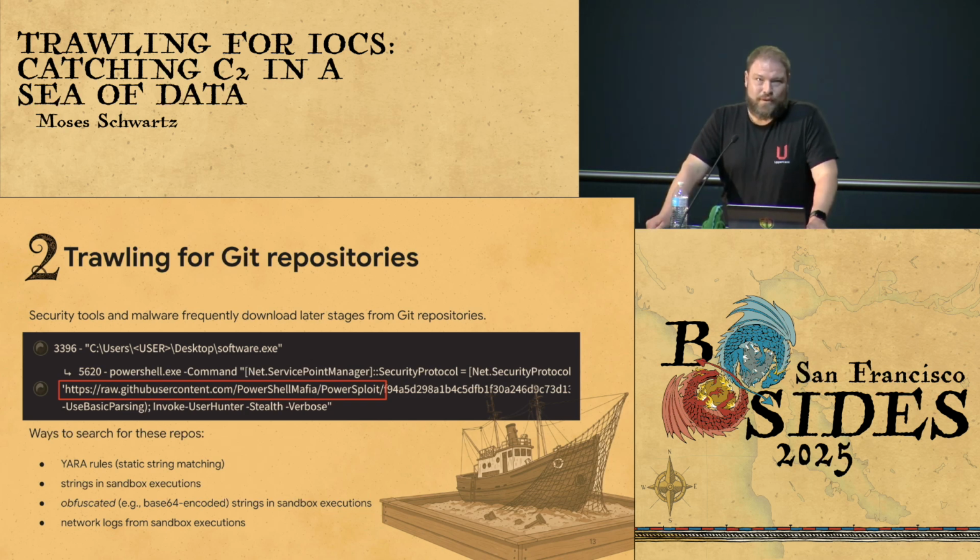That will work in some cases, but a lot of stuff, especially PowerShell, you don't have a static binary in the same way, and there's a lot of obfuscation. It can be hard to find that. It's really powerful to look at the strings in your sandbox executions instead, so you can see the commands. That's what we're looking at here in this graphic. This is PowerShell going and grabbing something from